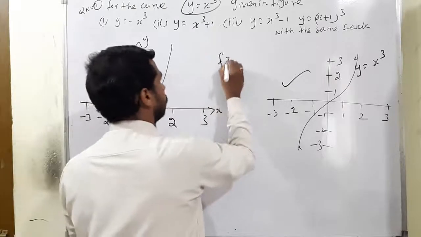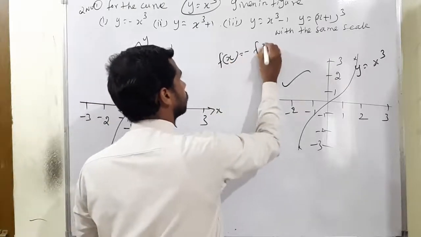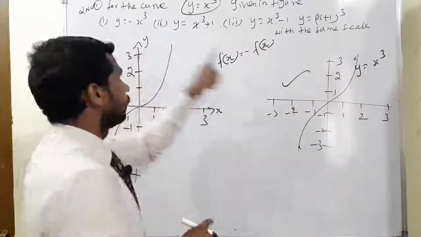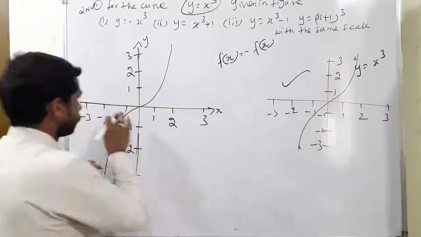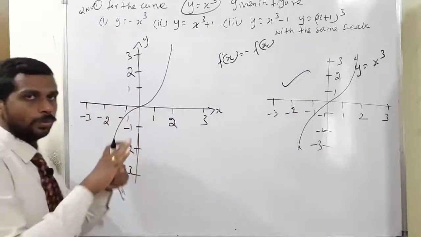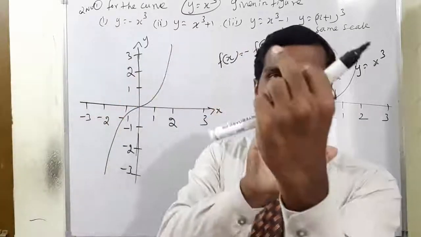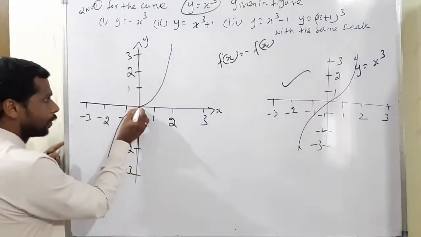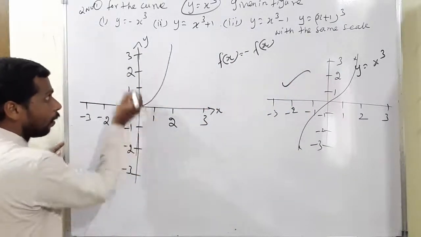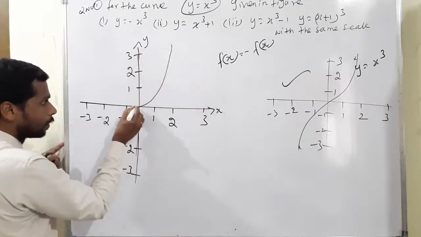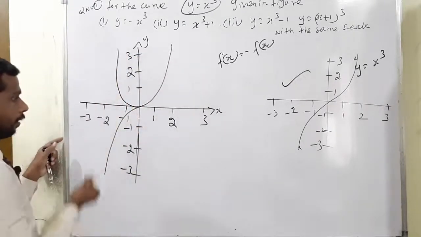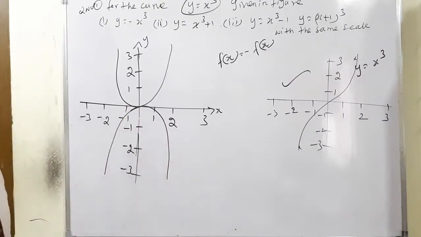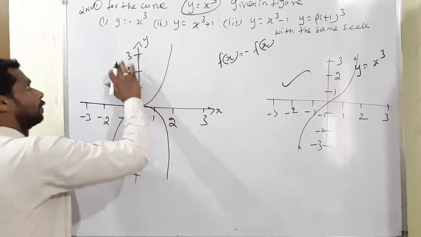The condition f of x is equal to minus f of x, isn't it? The first condition positive value means the given condition negative value. So consider x's mirror, meaning if you show it in your hand, the opposite side will come, isn't it? That is reflection. So definitely the curve will move to the opposite side like that. The same one downside also will come like that. The parabola is the same. Okay, this is the first one.